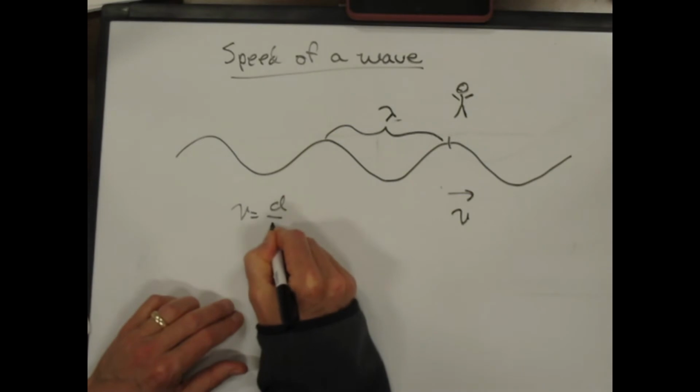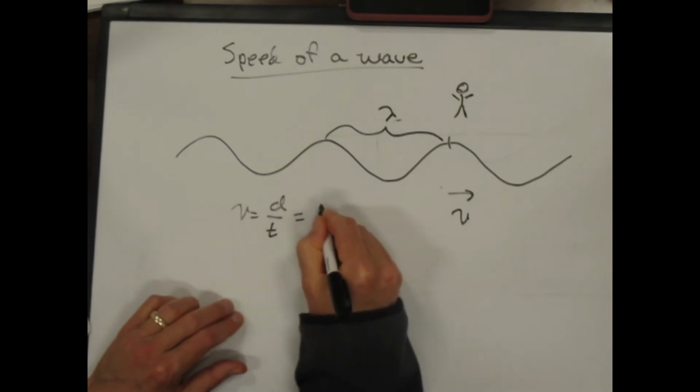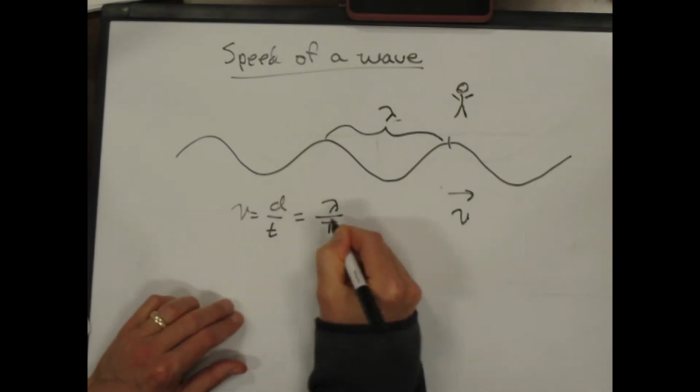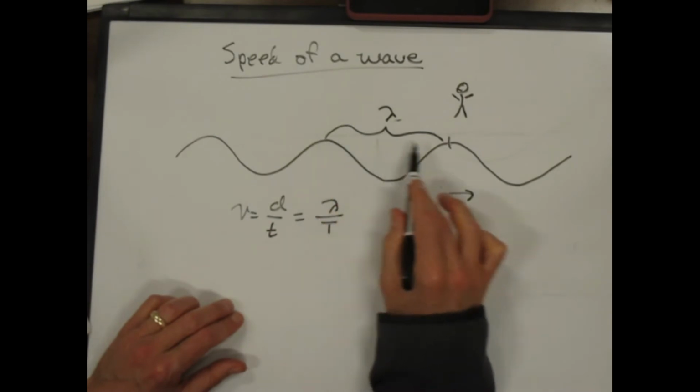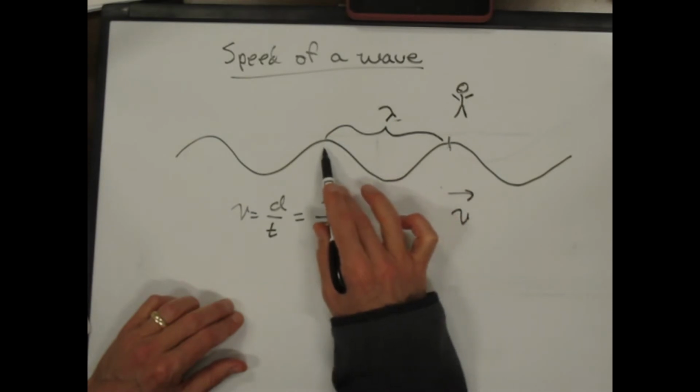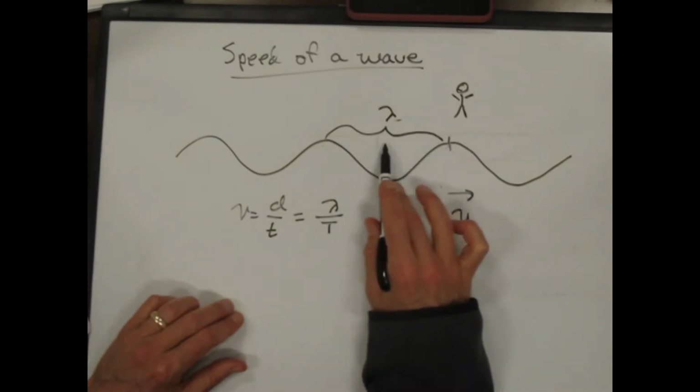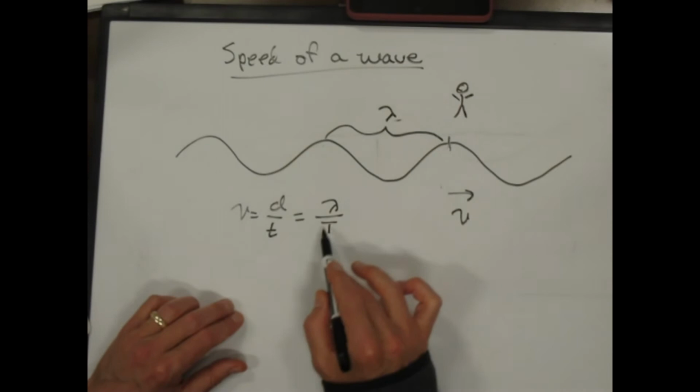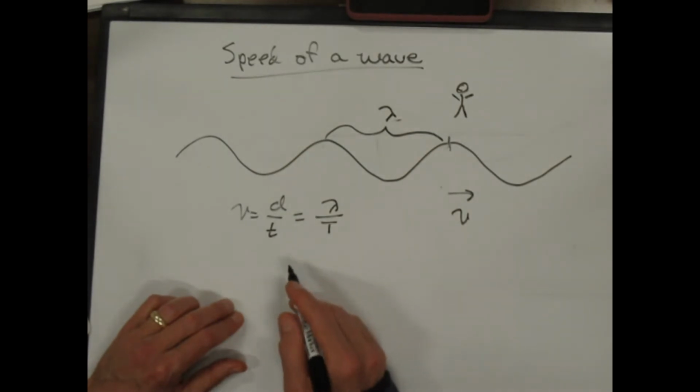The speed is just distance over time, but that's equal to the wavelength over the period. The period is the time it takes to go through one complete wave, and the distance for it to travel that far is the wavelength. And so the speed of a wave is the wavelength divided by the period,